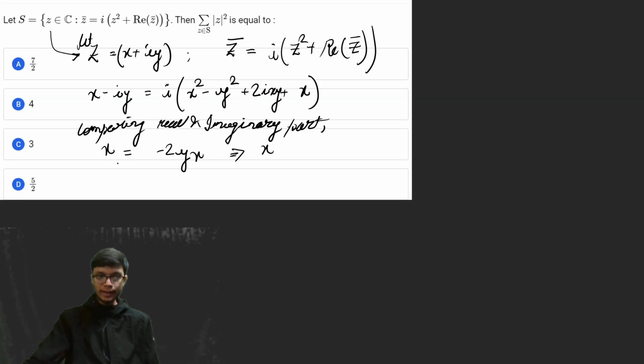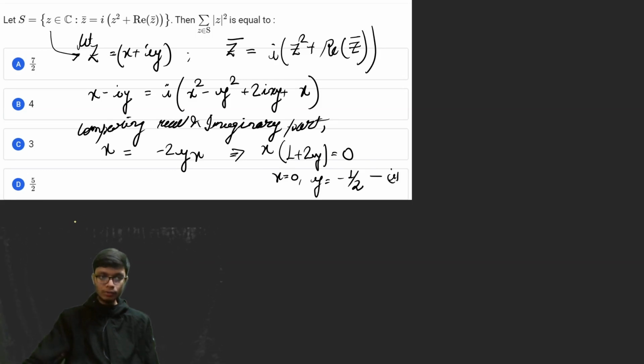So if you take it on the left hand side, and then take x as common, you will get the equation 1 plus 2y is equal to 0. So from here two conclusions are obtained: one is x is equal to 0 and the other is y is equal to 1 by 2. Okay, so both of them can be equally likely. Now this is the first equation that is obtained, and for the second, we compare